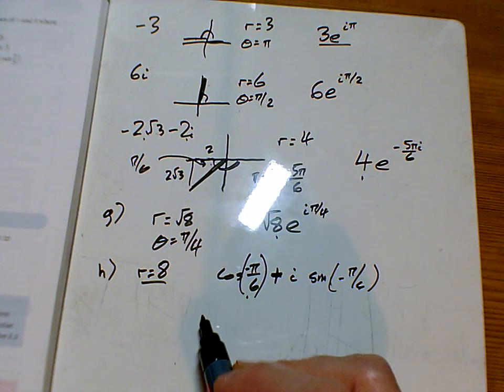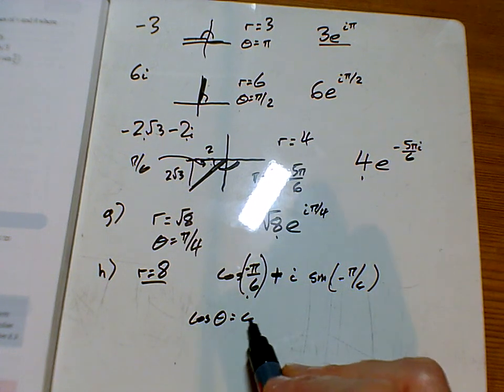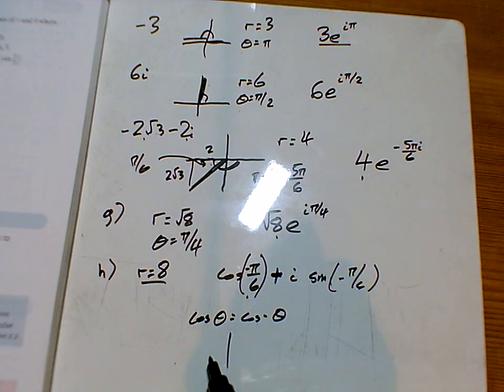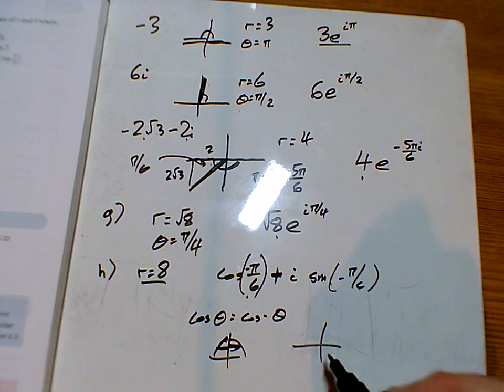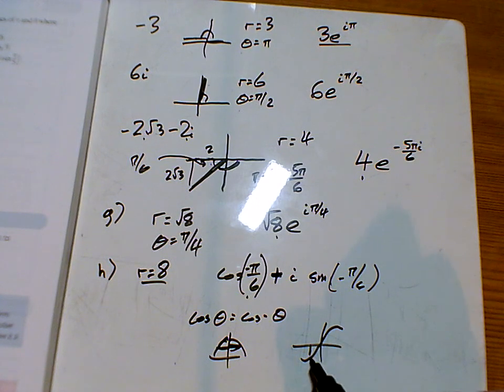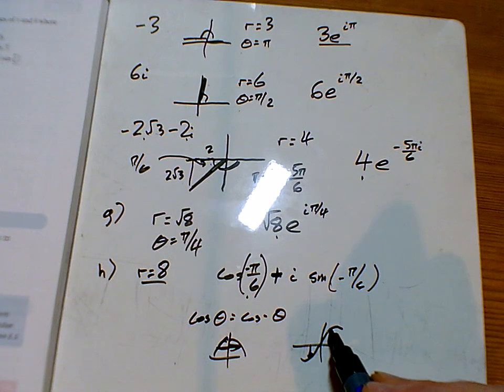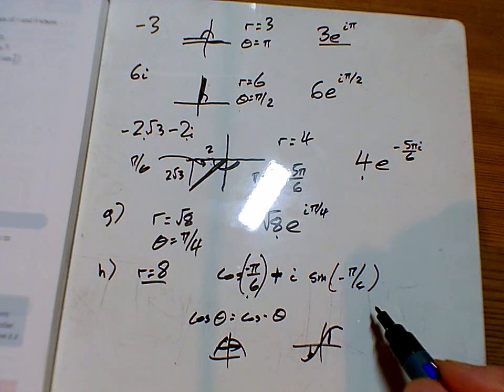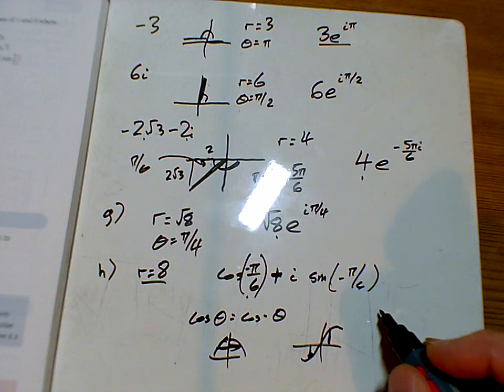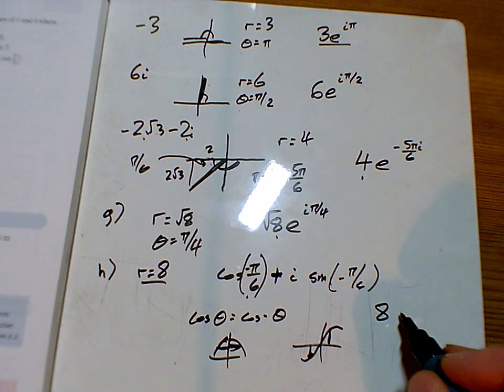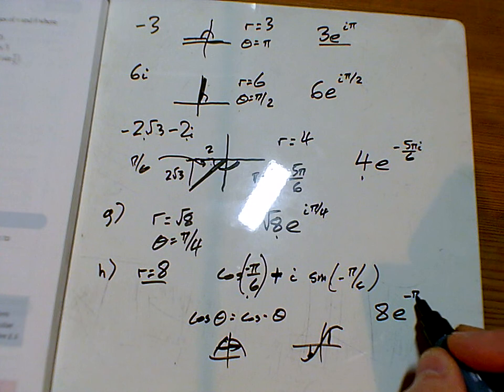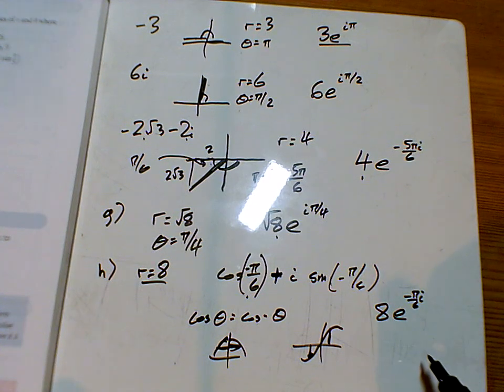Now that's not a problem, because the cos of theta is equal to the cos of minus theta. No problem there. We know that from the graph there, that cos graph there is symmetrical about the y-axis. And on the sine one here, it's got rotational symmetry. And so that's why the sine of minus pi over 6 is the same as the sine of pi over 6, but we just changed the sign. And so having done that little flip there, we can now see that this one here is going to be 8e to the minus pi over 6i at the top there. And I'll do the same sort of thing for question